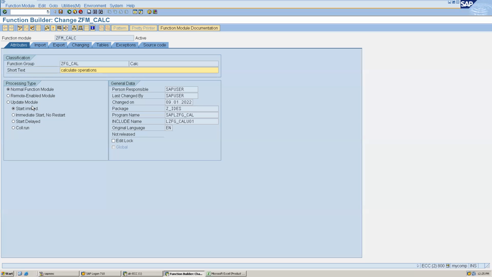अगर कमिट वर्क की जगह फेल हो गया प्रोग्राम, कुछ डंप आ गया, कुछ हो गया, तो ये अगर ट्रिगर हो भी गया होगा फंक्शन मॉड्यूल, इट वोंट डू एनीथिंग जब तक कि इसको कमिट वर्क का सिग्नल नहीं मिलेगा, ठीक है? तो in that case, and how we can call this function module if we create this as a update module? In update task we have to add call function in update task.